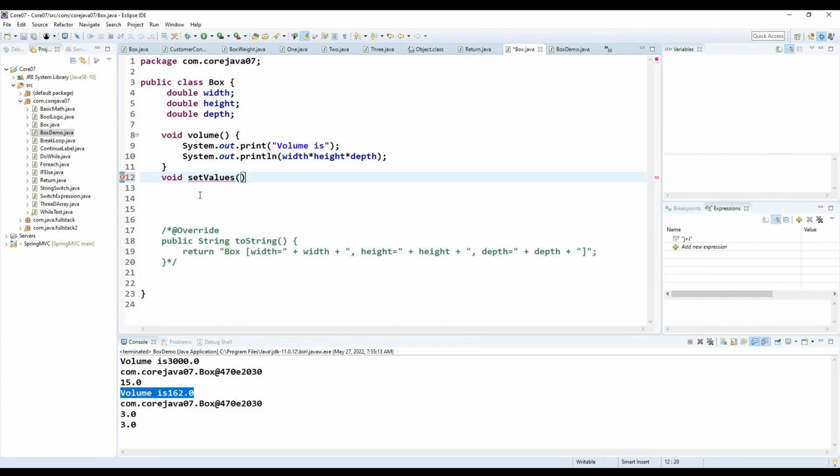This is another method I'm trying to use here. And now observe, I'm trying to use a parameter list. How can we write this parameter list? Something like,